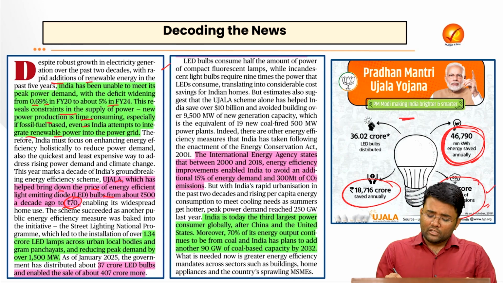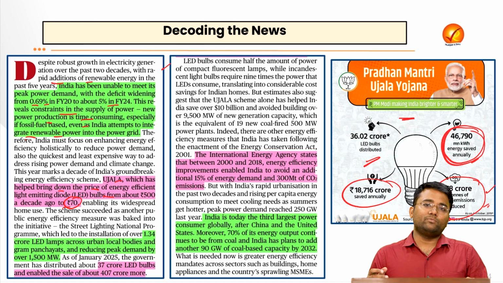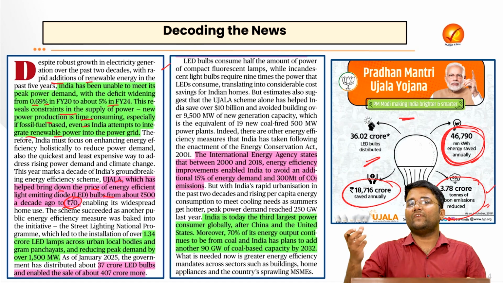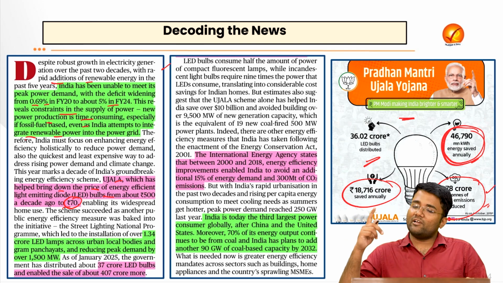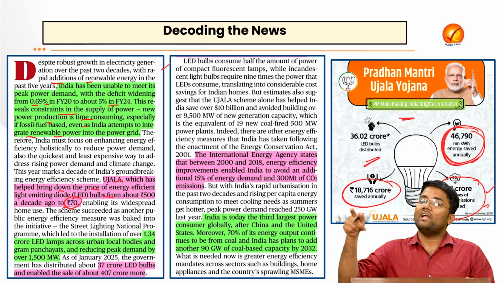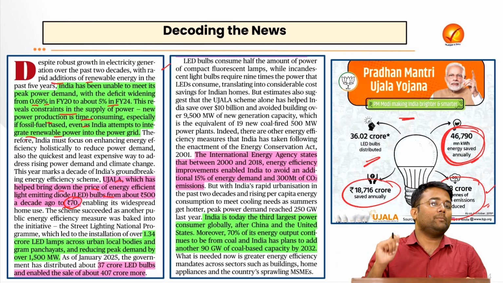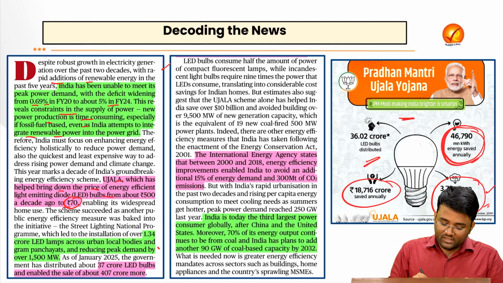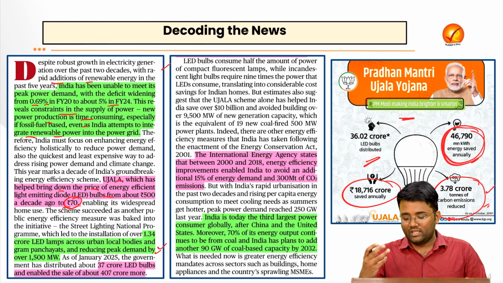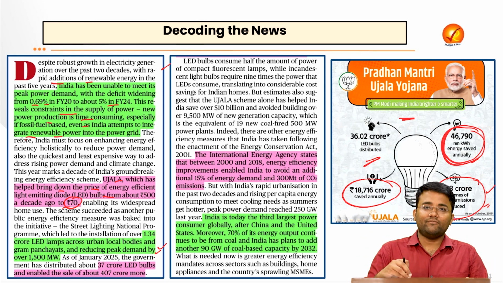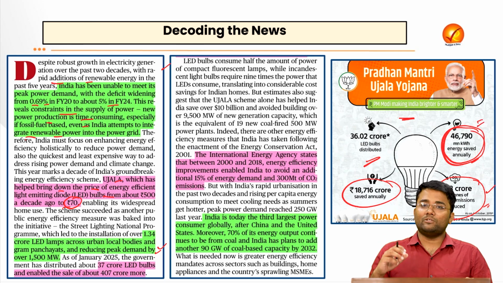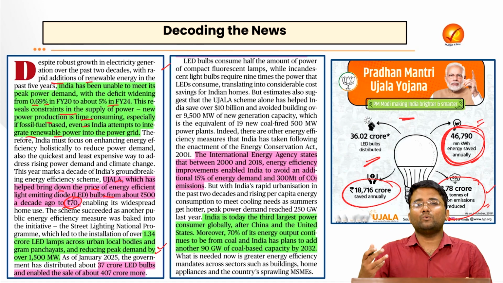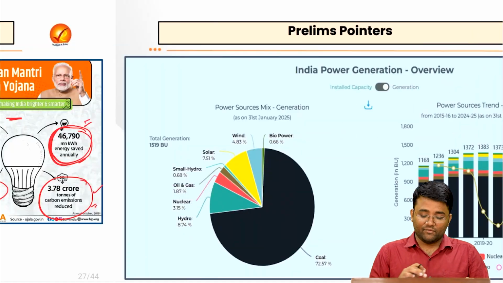Also the government distributed free LED bulbs, to bring about that behavioral change: when people get some free LED bulbs and understand the importance of LED bulbs, whenever that bulb fuses or becomes non-functional, they will again go for an LED bulb. So this is the behavioral change which the government was focusing on. Because of this one scheme, we have actually addressed carbon emissions. We have been able to save money, as well as save energy. That is the reason we also need to shift towards more energy efficient appliances.